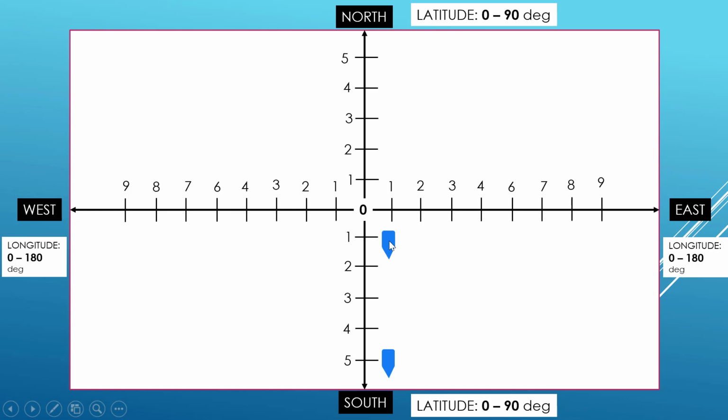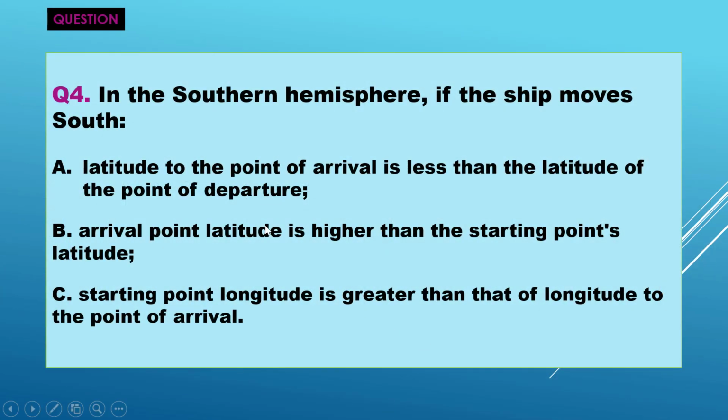In the south, we are heading south. So in the south, we have 1 degree latitude. And as we are heading south, the latitudes are increasing until we get to the arrival point where we have 5 degree latitude. So that means the answer to our question will be